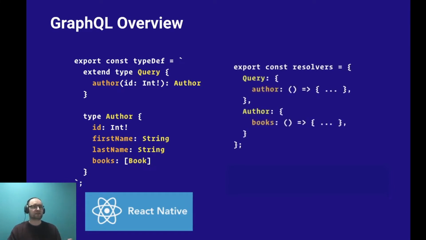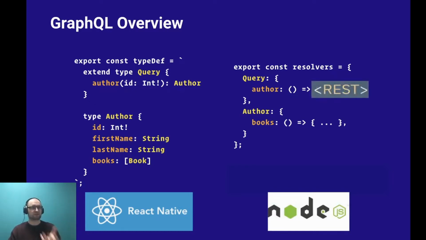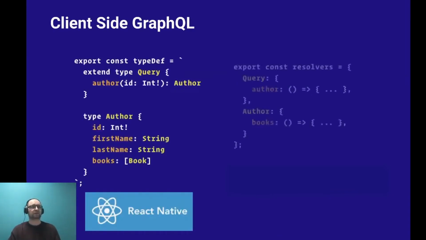And on the server side, usually this is satisfied by, let's say, Node.js, which could have something called resolvers, and then we can query the data. And this data can come from REST or a database and so on. Client-side GraphQL, on the other hand,